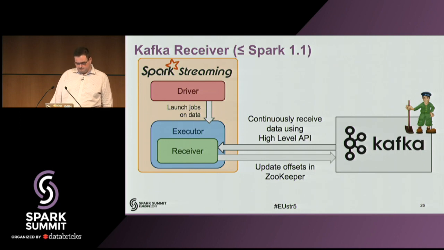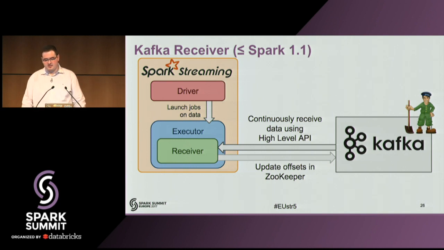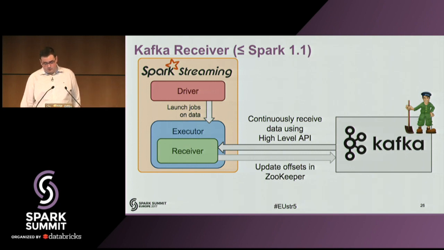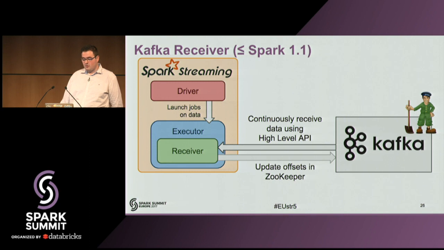The original approach to integrate Kafka with Spark was through receivers. That was basically an Apache Kafka high-level API consumer instantiated on each Spark executor. They were receiving the messages asynchronously and storing them in the executor memory, while updating in Zookeeper the offsets of messages already received but not processed. Later on, the Spark Streaming driver launched jobs to process the data already received. Although this approach works, it has very poor fault tolerance guarantees. Messages that were already received and stored in memory but not processed were lost on every restart, node failure, etc.